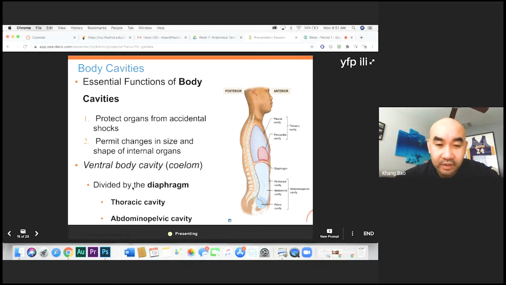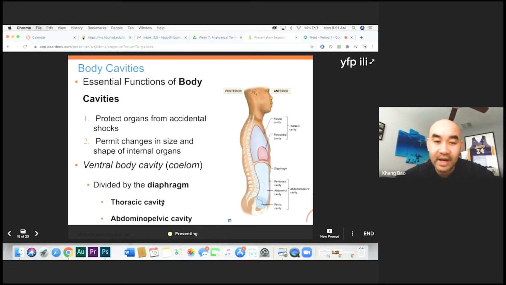All right, the first type of body cavity is what we call the ventral body cavity. Think of the ventral body cavity as the cavity in front of the body. Ventral is the front, the belly side. Belly, ventral. Remember that term? The front of your